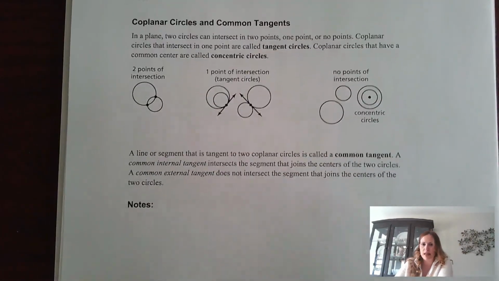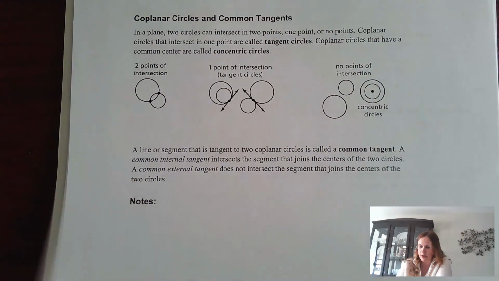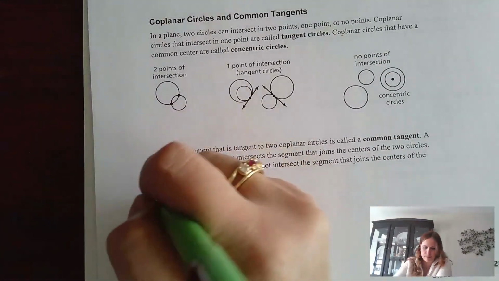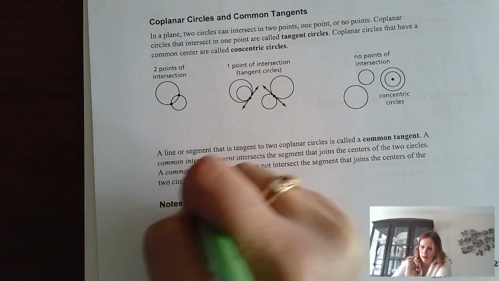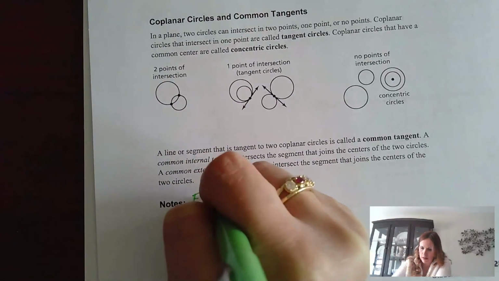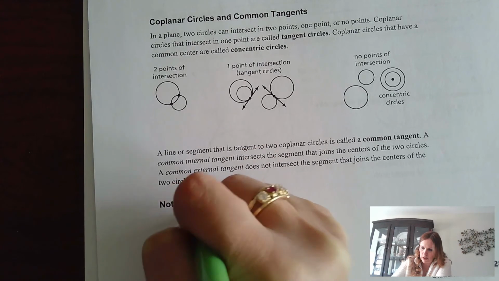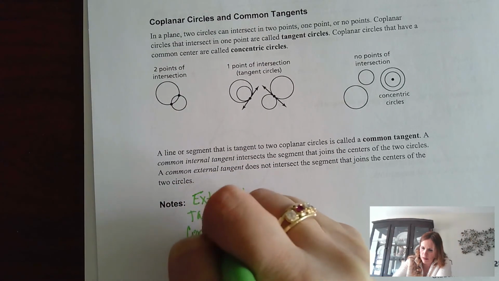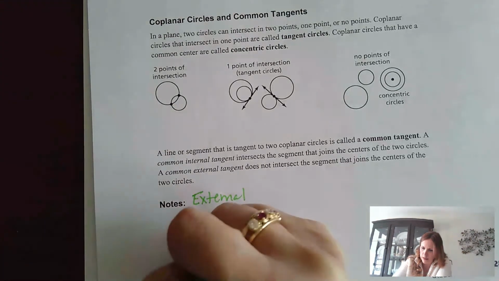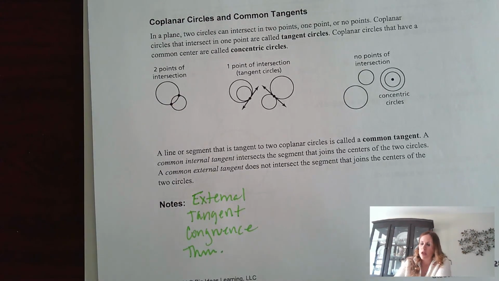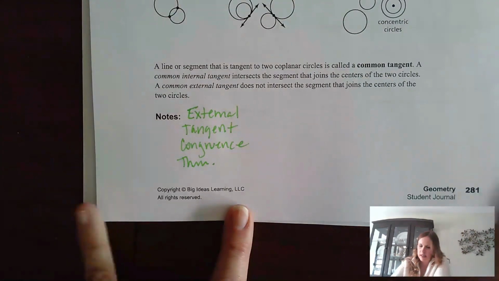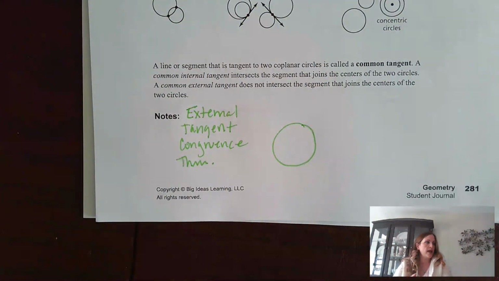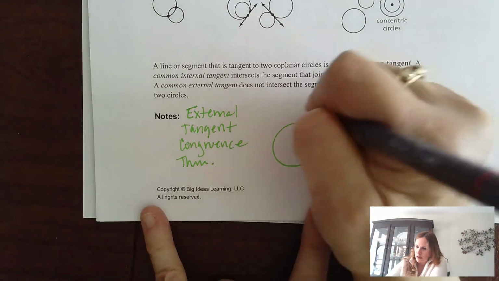The one theorem that I'd like you to write down here at the bottom is something called the external tangent congruence theorem. So what this is: let's say I had a circle, and then I have a point outside